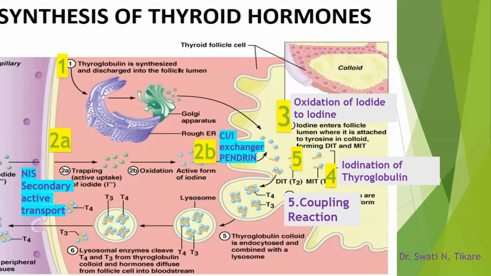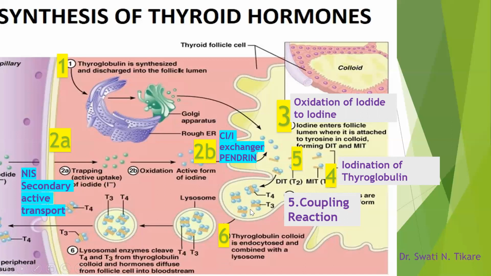Okay, so all this is happening within the follicle. But remember, it still is not freely separated out. Okay, it is in combination like a long protein, in association with the thyroglobulin. So our T3, T4 hormones are ready now, along with some amount of inactive reverse T3, in the colloid. So now what happens? This whole thing, okay? So you can see the T4 and T3, they are still attached big structures.